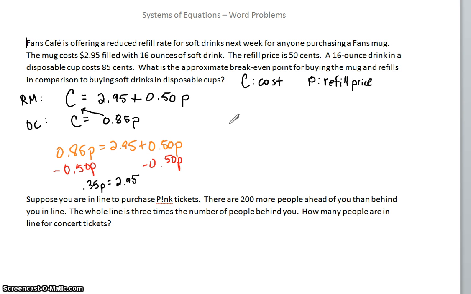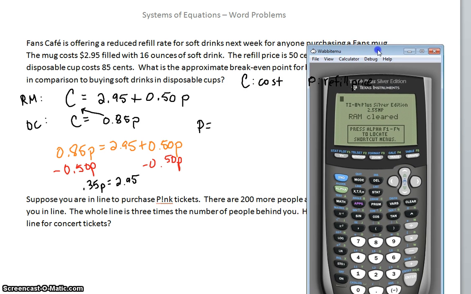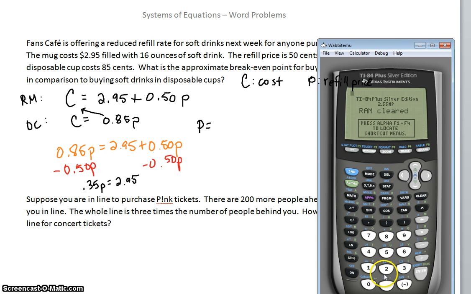We'll divide over the 0.35, and let me get my calculator here. We're going to have 2.95 divided by 0.35, 8.43. Okay, so 8.43,